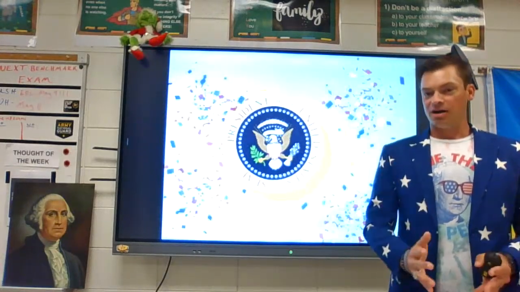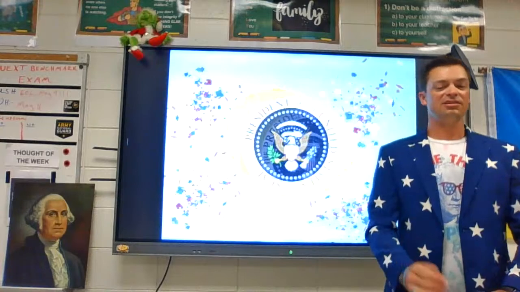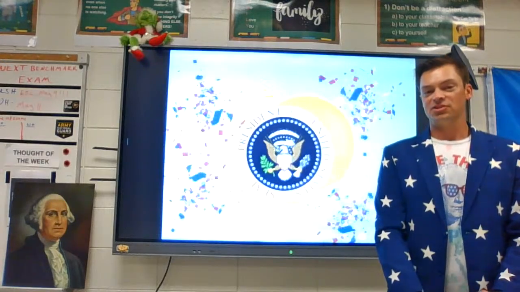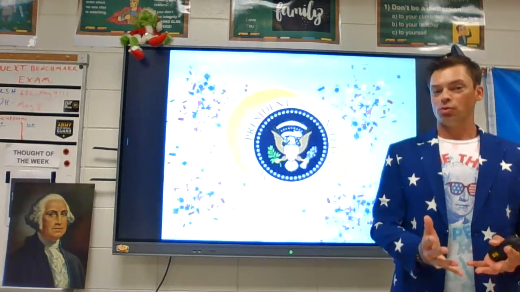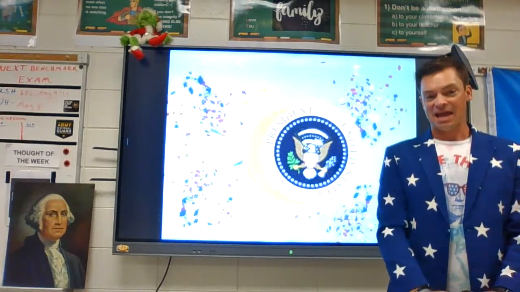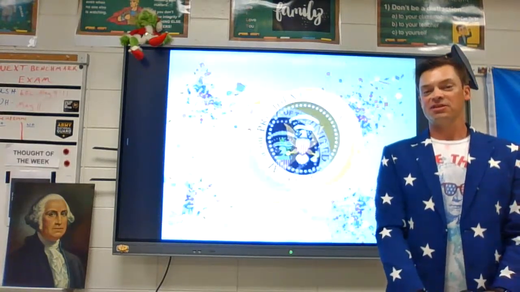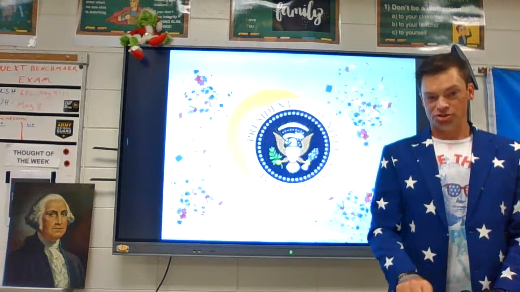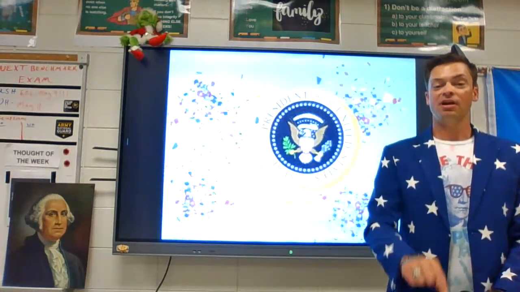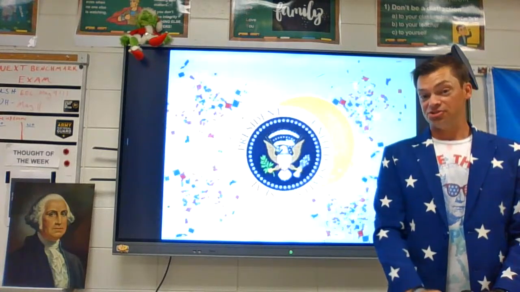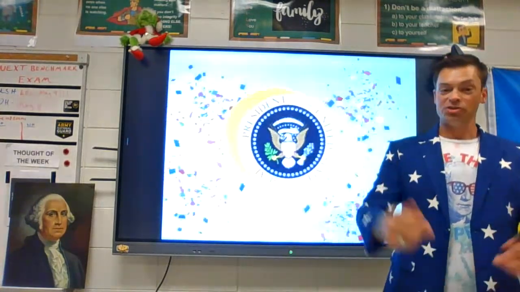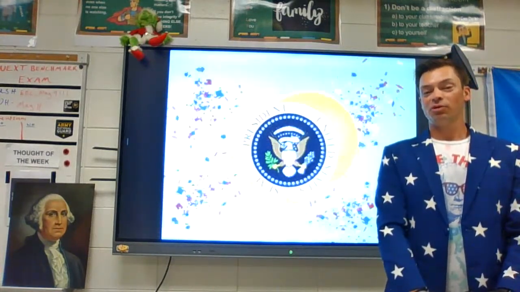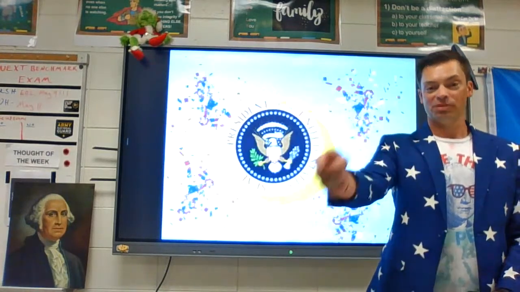So the system becomes, and it's a little less elitist today, but it is still the system to this day, the Electoral College. And the idea is that citizens will vote for a group of electors who are pledged to vote for a specific candidate. So I know nobody in the room in high school has ever voted before, but when you're 18 and you cast a vote for president, you're actually not voting for the person, man or woman. You're not voting for an individual person. You're voting for a group of people who are pledged to vote for that candidate. So in Georgia, with the number of electoral votes we have, you vote for a group of, I think it's 25 electors who then will cast 25 votes towards your pledged candidate.